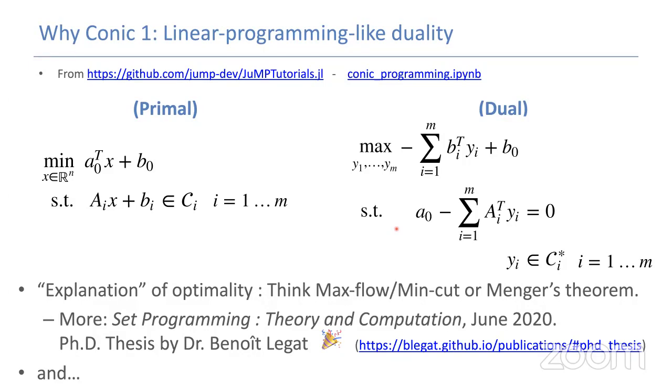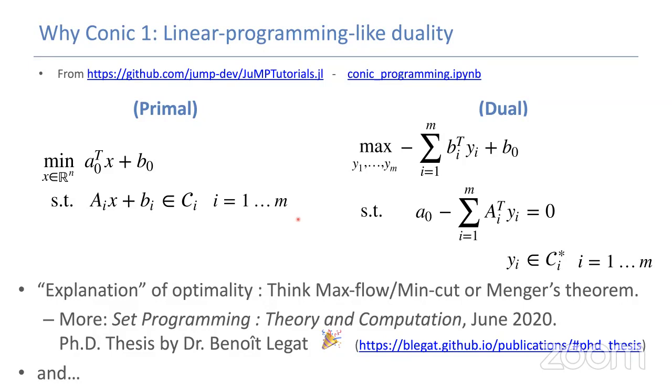And one of the most interesting things is duality. If you write down a general nonlinear optimization problem, you can have Lagrange duality. Somewhat you can interpret it, but it's not that easy to understand the intuitive meaning of what this primal dual pair looks like. But for conic optimization, the primal dual looks almost exactly the same as what you would have in linear optimization or linear programming. And again, you can see it in the conic programming notebook.